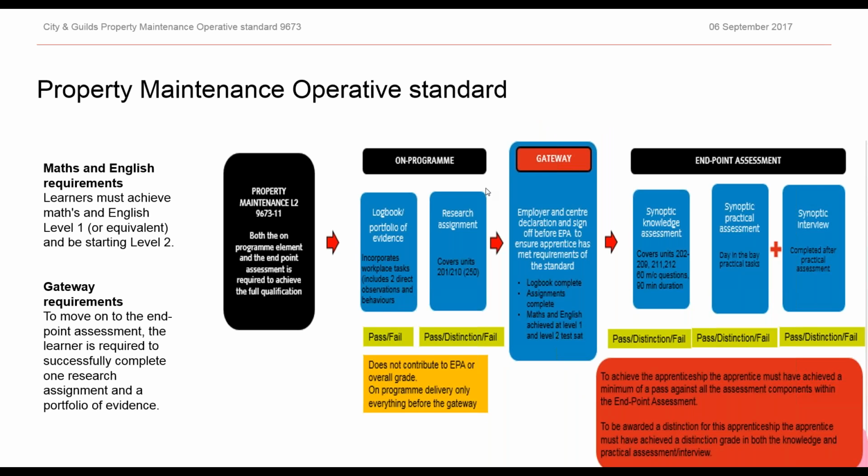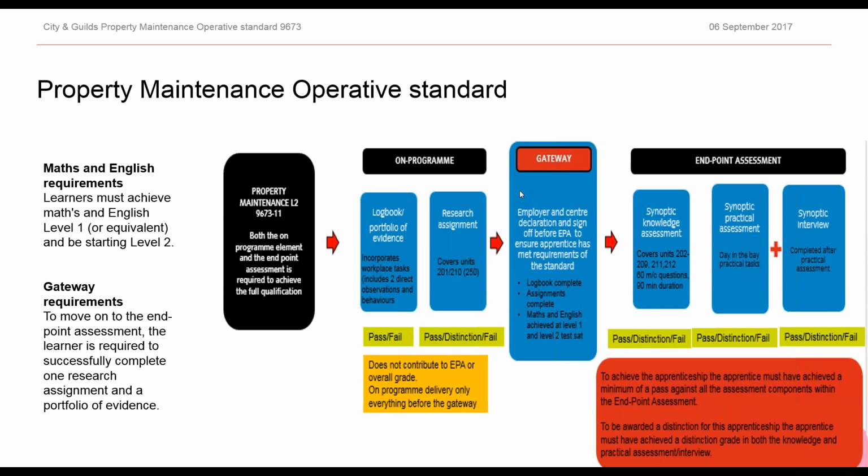So we've run through the standard slightly. I'm going to go through almost the route from start to finish for a candidate on this flow chart. So once the centre has registered the candidate on the Property Maintenance 9673, this registers them for the on-programme element and endpoint assessment. As we can see there under the on-programme box, as part of on-programme they have to